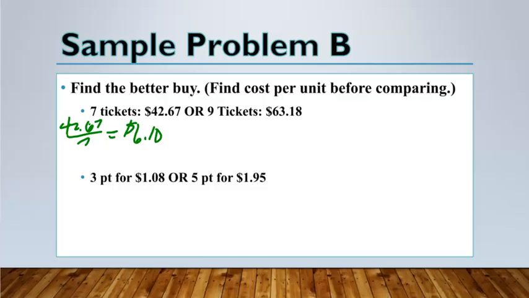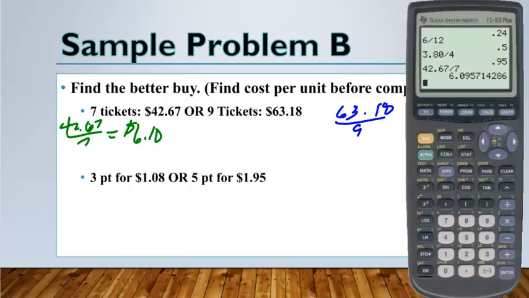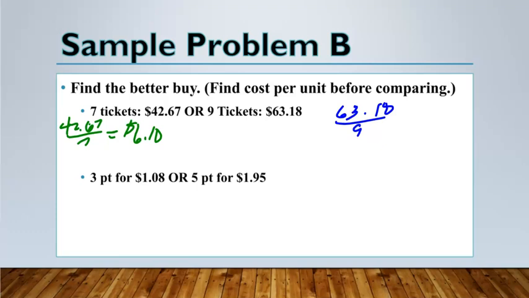And then the other one, we have $63.18 for 9 tickets. So on our calculator, we got 63.18, and we're going to divide that by 9. And these tickets would be $7.02. So the better buy would be the 7 tickets for $42.67 because you would be only paying $6.10 per ticket as opposed to